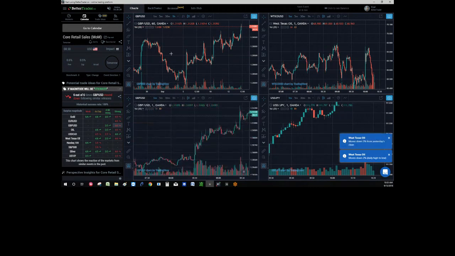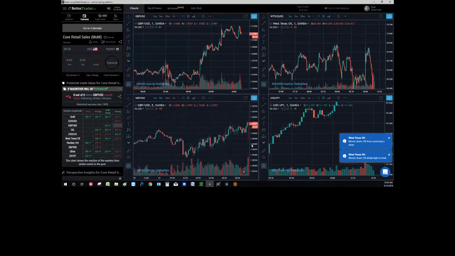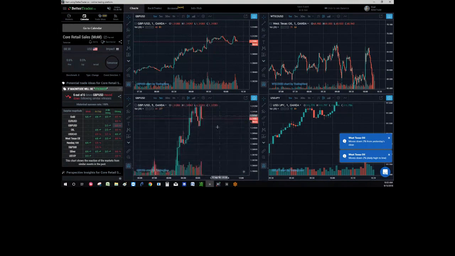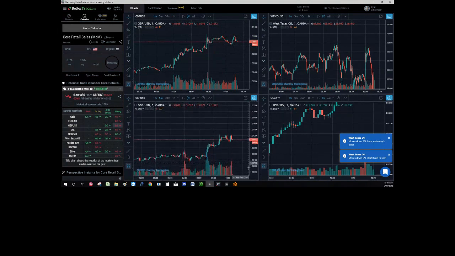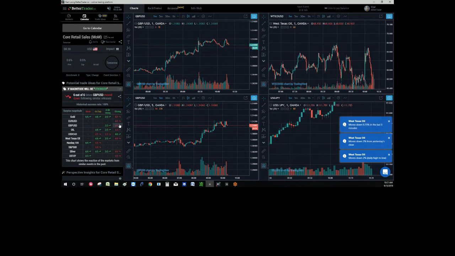GBP USD. I like to load them twice because one time I like to see the 1 minute and then the 5 minutes. You have your own preferences, but before the event release, I like to see 5 minutes and 1 minute so I can get the bigger picture. And this is if it's going to be stronger. So if it's going to be stronger, there is good statistics that it's going to be a good opportunity to short the pound dollar. But if it's going to be weaker, and it's not a bit weaker or extremely weaker, it's weaker. That's the indication that we have here in the table.